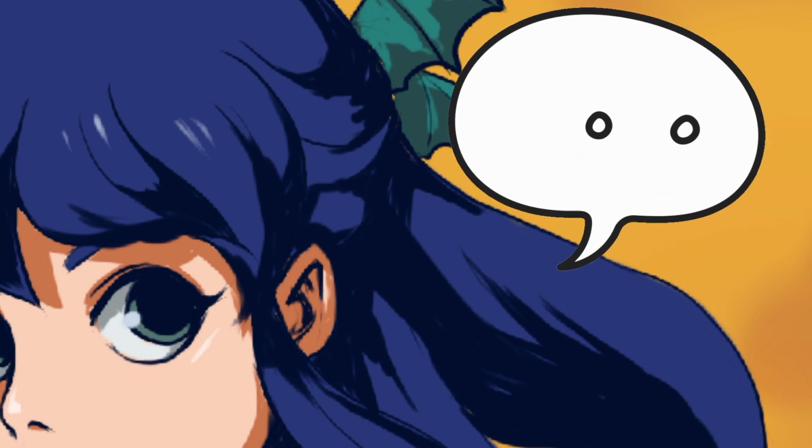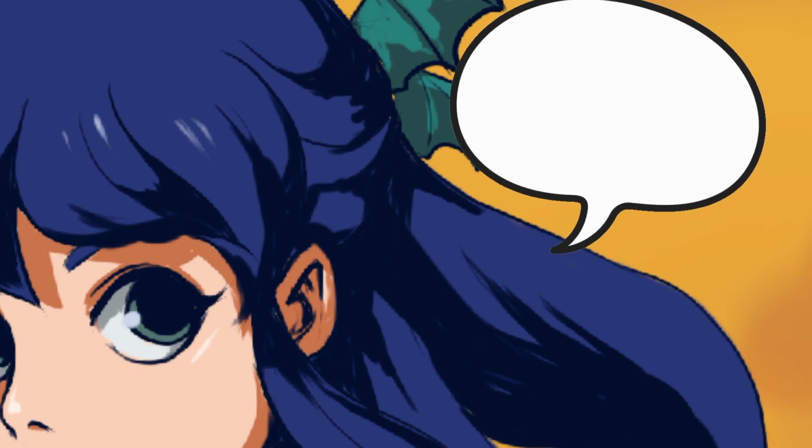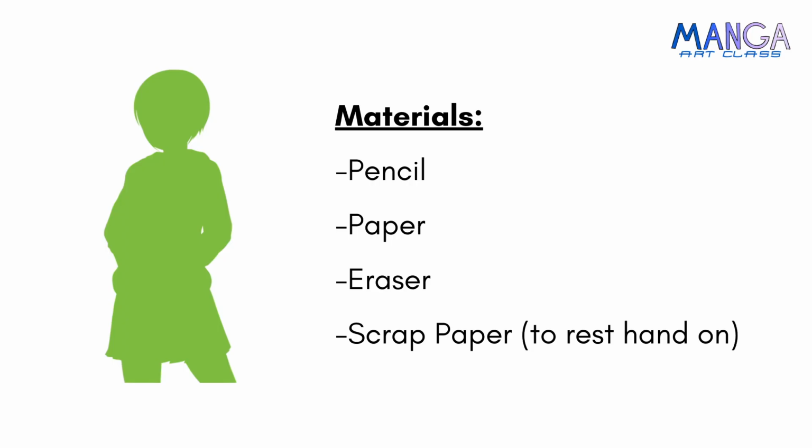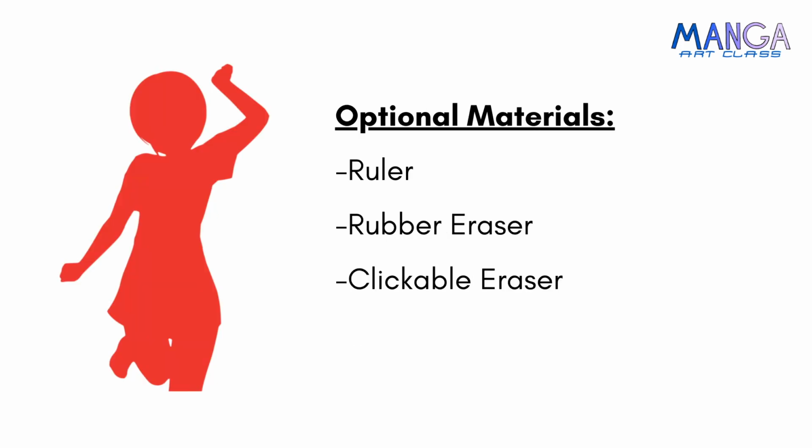Having some fun today, we're going to be going through and making our own. All you'll need for this class is a pencil, paper, an eraser if it's not on your pencil, and a piece of scrap paper just to rest your hand on to avoid smudging on the paper. And then you can also use a ruler, a rubber eraser, or a clickable eraser, which I will be using